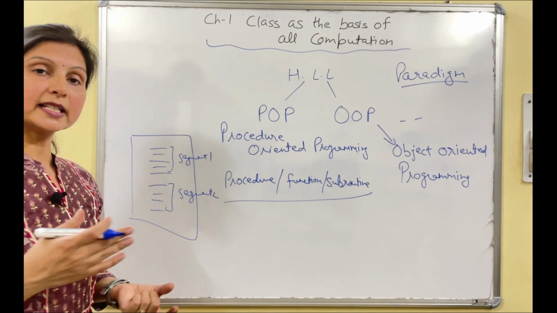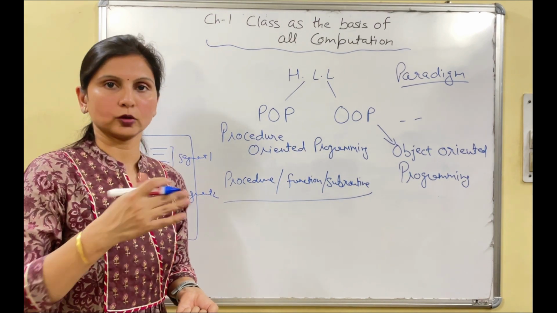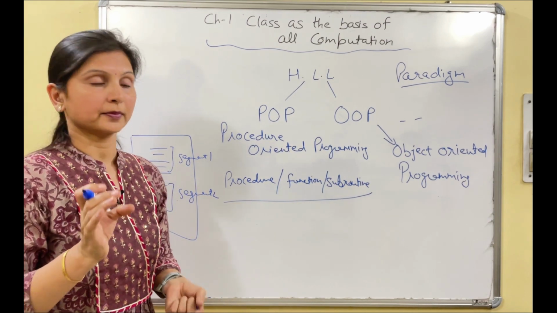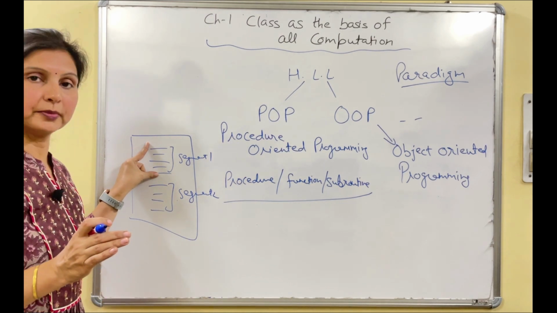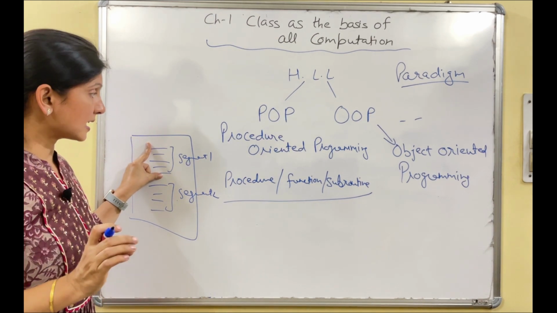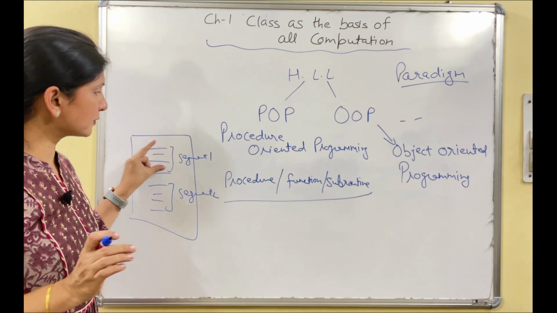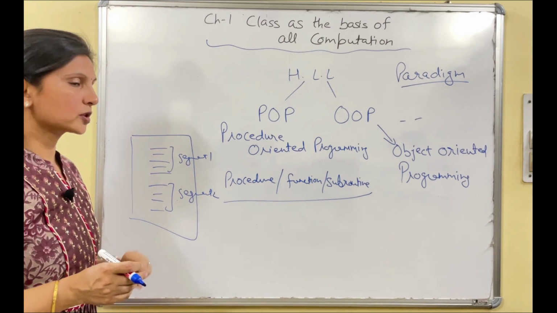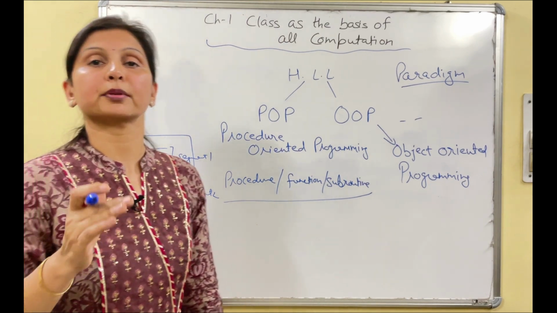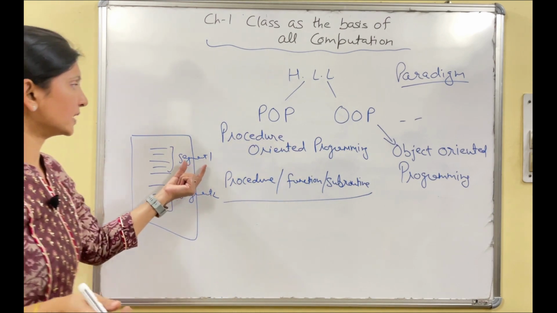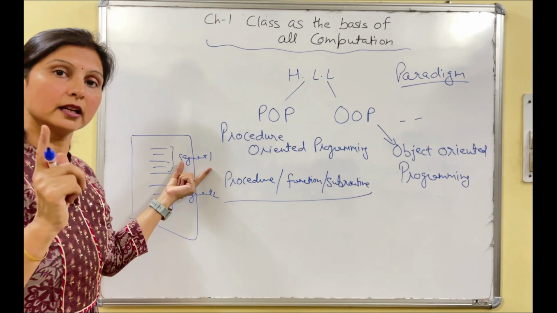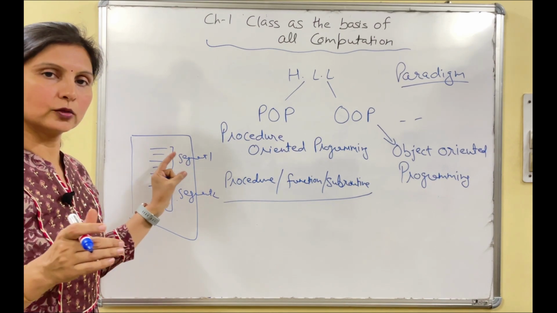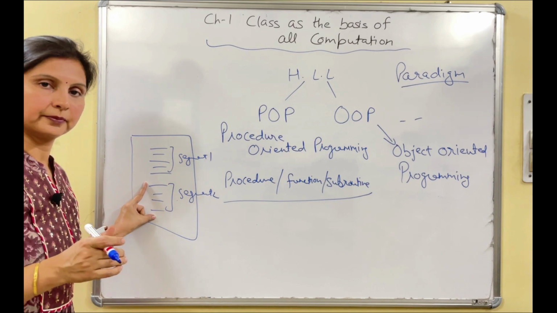On what basis do we divide the statements? Not randomly. We divide the statements on the basis of task. We have grouped these statements as per the task into a segment. These 4 statements are for one specified task. For example, these 4 statements are checking whether the number is prime or not. Fine. So this we have made one segment, or we can say function, or we can say procedure. So this is procedure 1 or segment 1. This is the other. Fine.